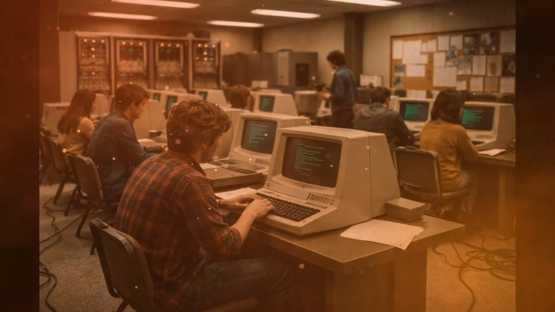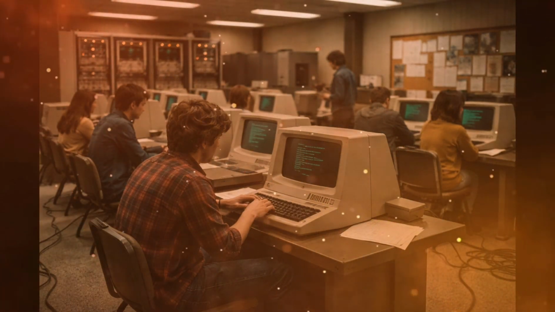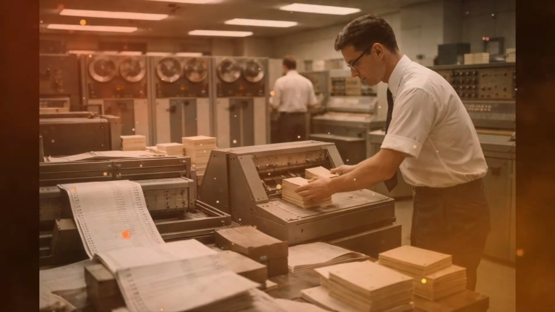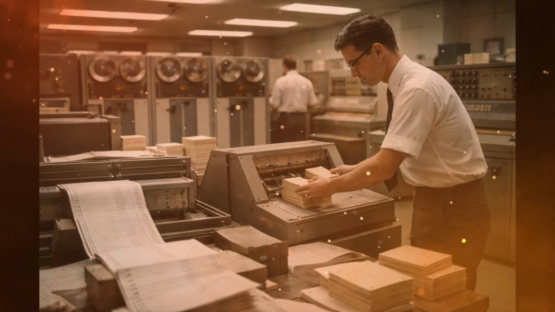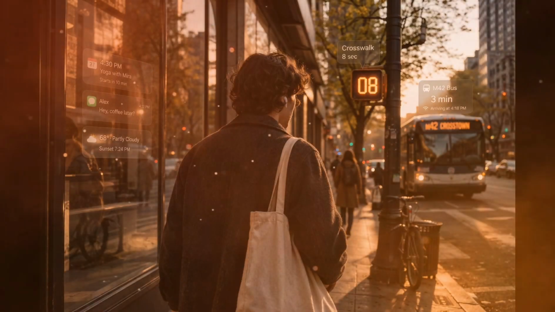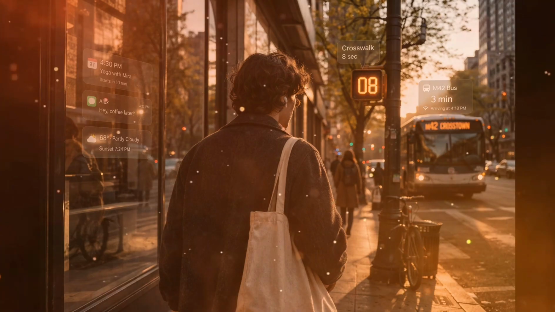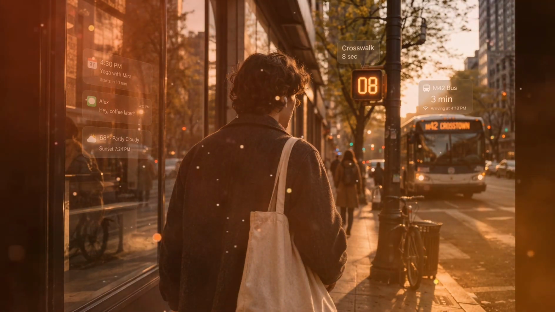These were radical thoughts. At the time, computers were not seen as autonomous. They were obedient, completely passive. The notion that the machine itself might manage work felt almost philosophical. It meant giving the computer a kind of responsibility, a quiet intelligence that lived beneath the visible program, something that wasn't the user's code, something that wasn't hardware, something in between. But before that idea could take shape, there was frustration.